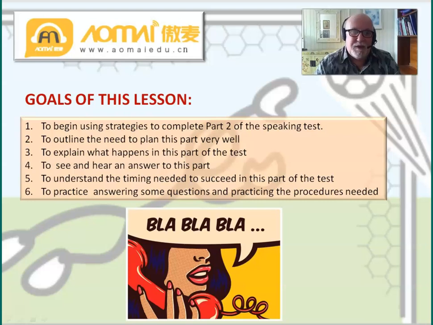And we're going to outline the need to plan this part very well. And we're going to then explain what happens in this part of the test. We're going to see and hear an answer to this part and how it's constructed. We're going to find out about how to understand the timing needed to succeed in this part of the test,